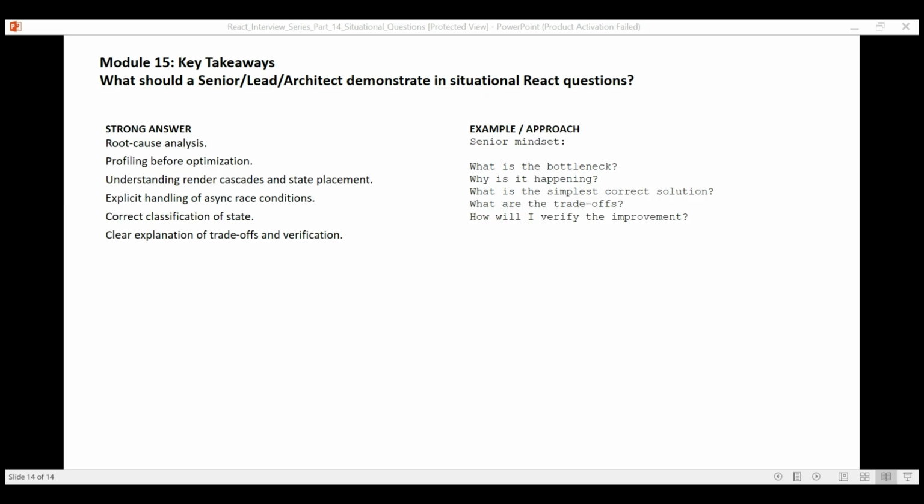So these were some of the most important situational React interview questions for senior, lead and architect level roles. The key lesson is to avoid jumping directly to a React API. Start with the problem, investigate the root cause, choose the simplest appropriate solution, explain the trade-offs, and verify the improvement. This approach will make your answer sound much more